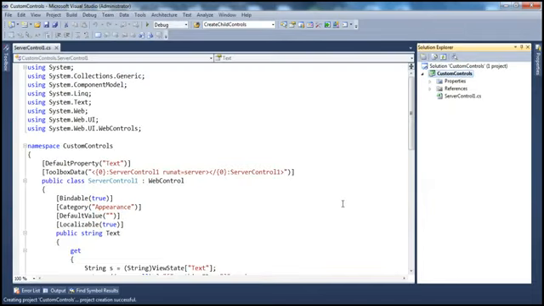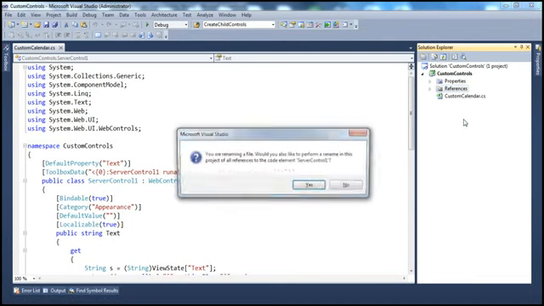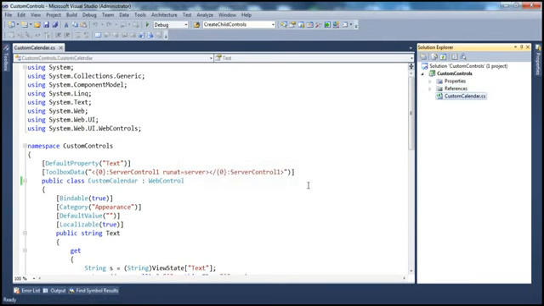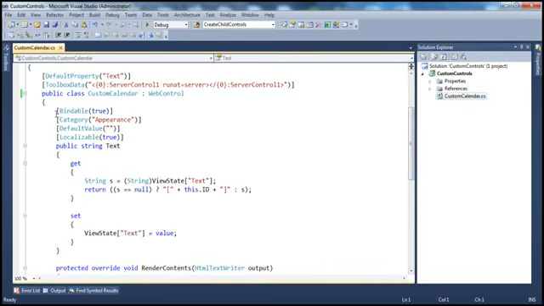And the first thing that I'm going to do is rename ServerControl1.cs to CustomCalendar.cs. So I'm going to change this to a meaningful file name. CustomCalendar.cs, and that should give you an alert message. Click Yes on that. Okay, so CustomCalendar.cs, and then I'm going to get rid of all the code that I have here,